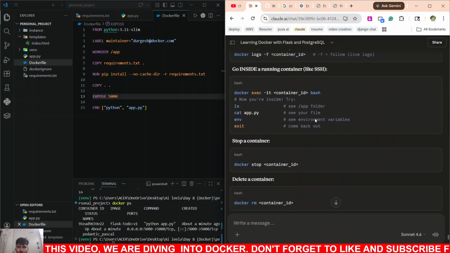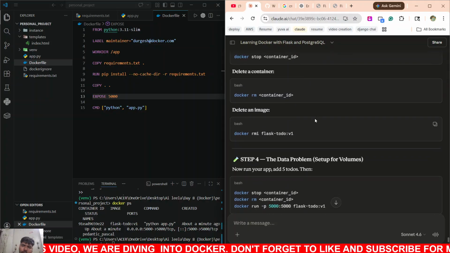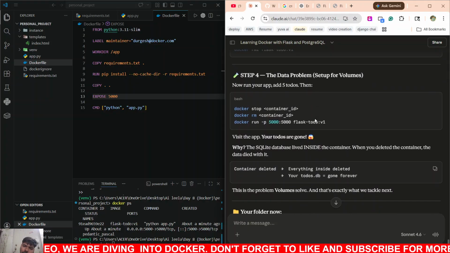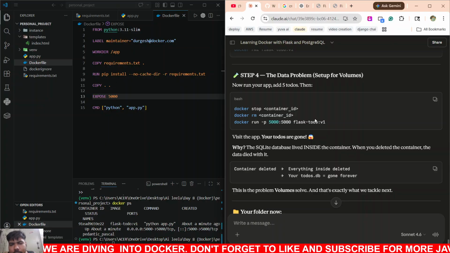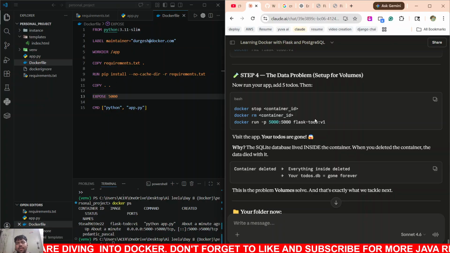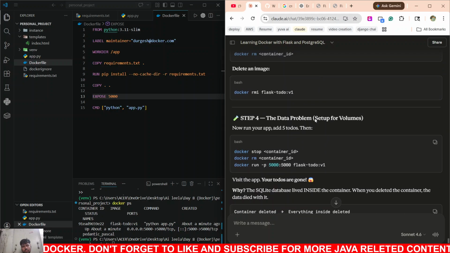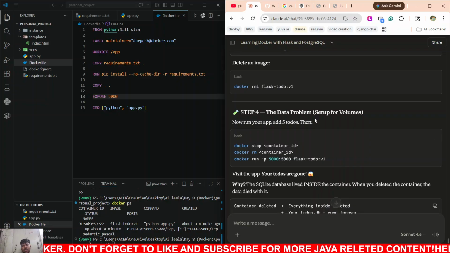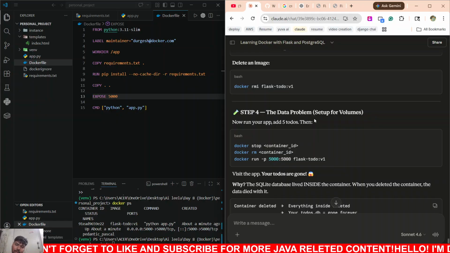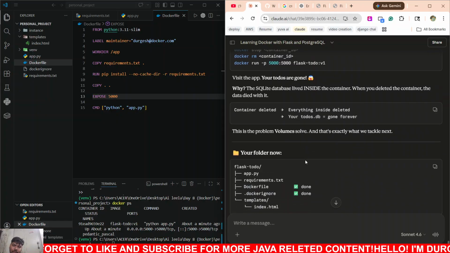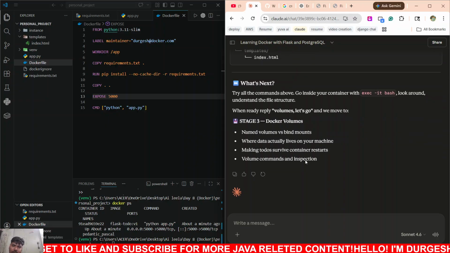Means what we are doing is we stop the container, delete also the image. Then when we are adding the stop, remove container, and then run, all our data is gone. So for that,